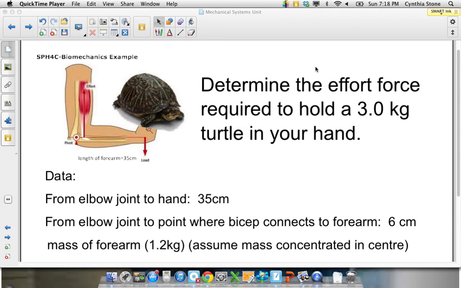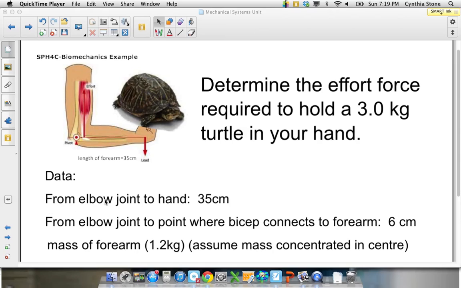SPH4C College Prep Physics, looking at examples of mechanical advantage, working with mechanical advantage. This first example is more of a static equilibrium example. It's asking, what is the effort force required to hold a 3 kilogram turtle in your hand? And imagine you knew these pieces